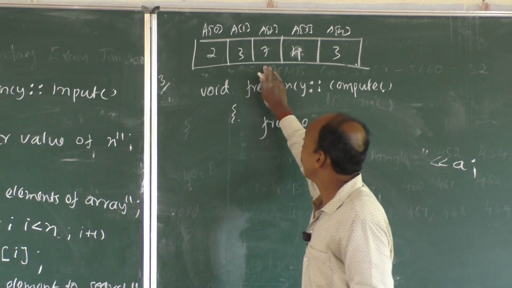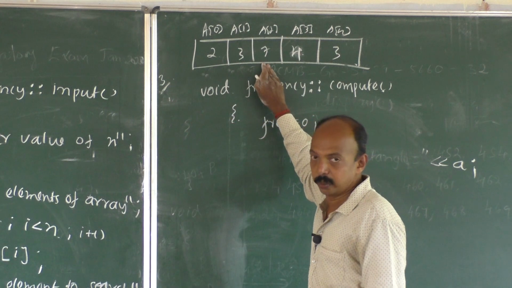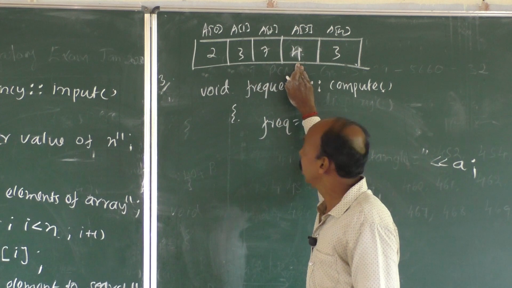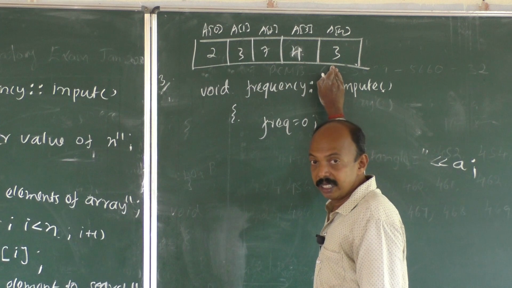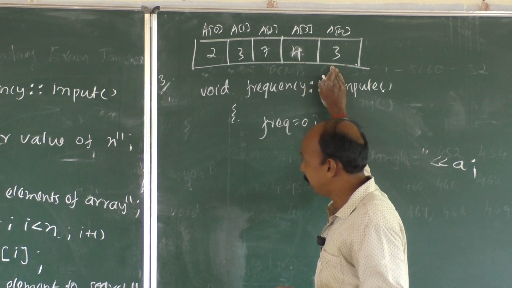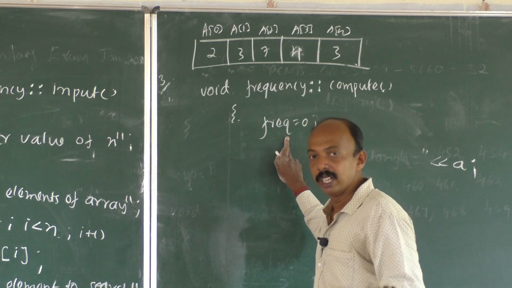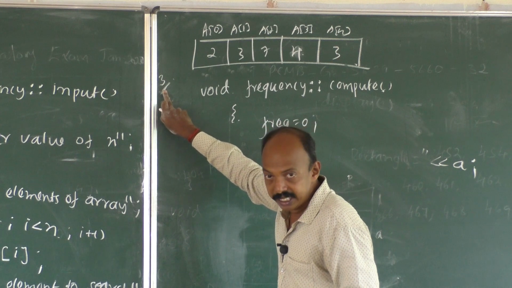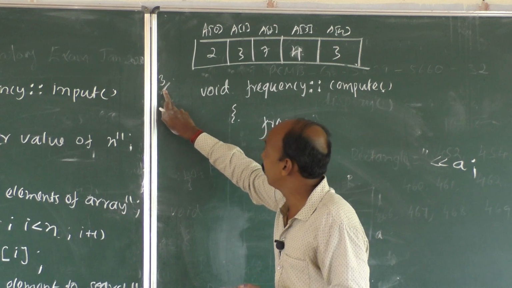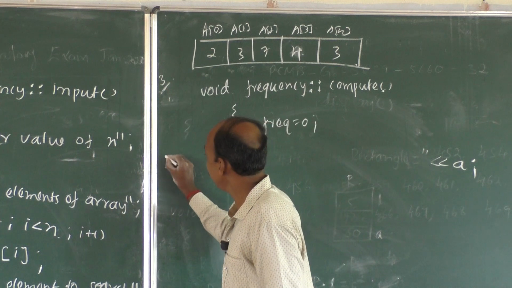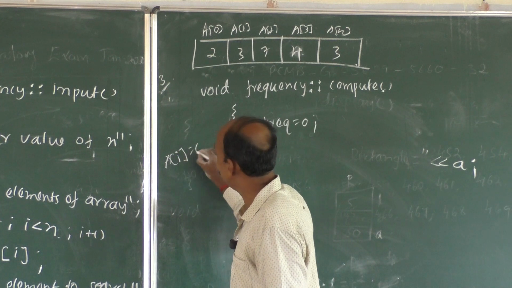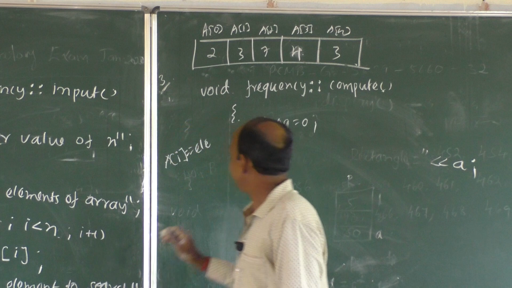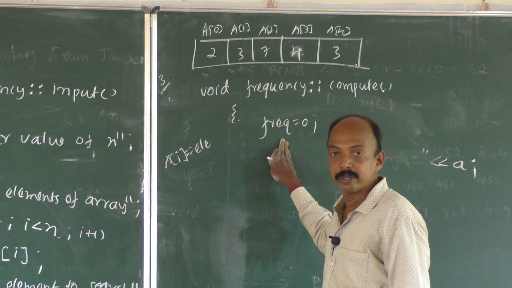Then after that again 3 will be compared with the 7, whether they are equal? No. Then 3 will be compared with 4, again they are not equal. Then 3 is compared with the 3, they are equal. Again the frequency, that is this variable, has to be incremented by 1. So wherever A of I is equal to this 3, which is ELE, if A of I is equal to ELE, double equal, it's not single equal, then we have to increment the variable frequency by 1.